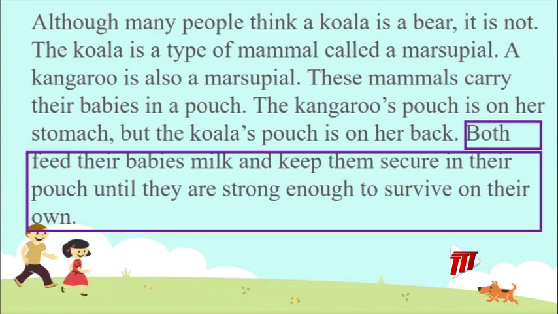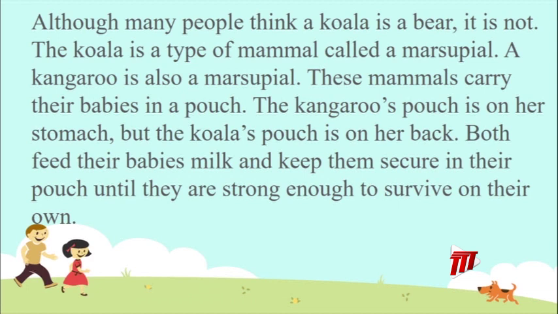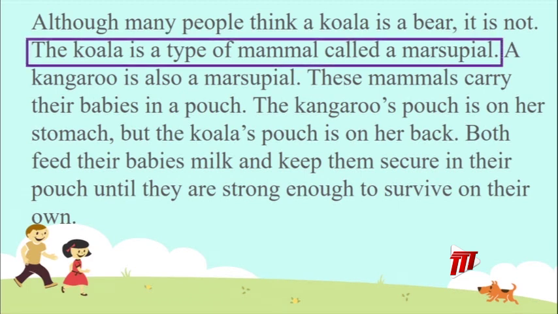I don't think we need to spend much time. We know that's not the correct sentence. So you say it out loud now, and I will highlight it on my screen. The koala is a type of mammal called a marsupial. If you got that,